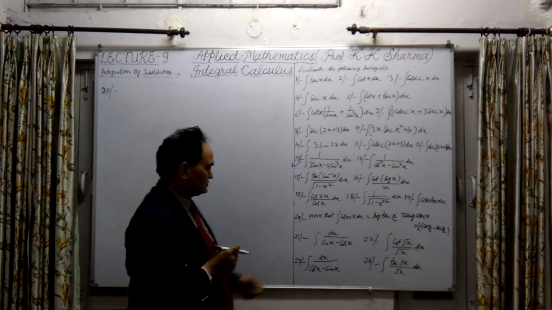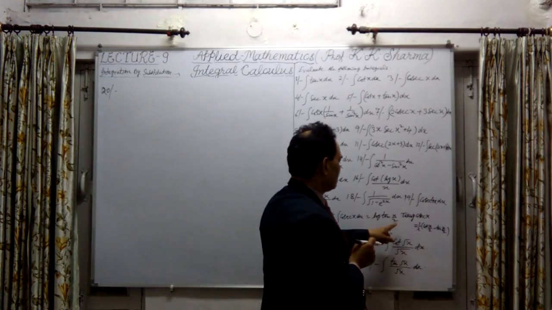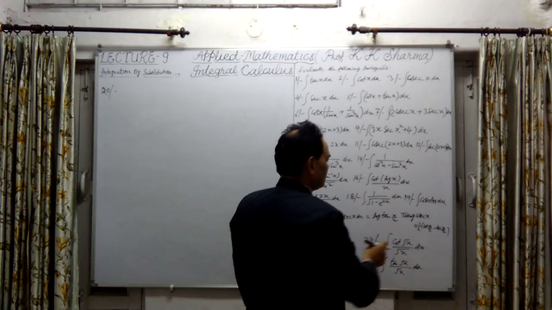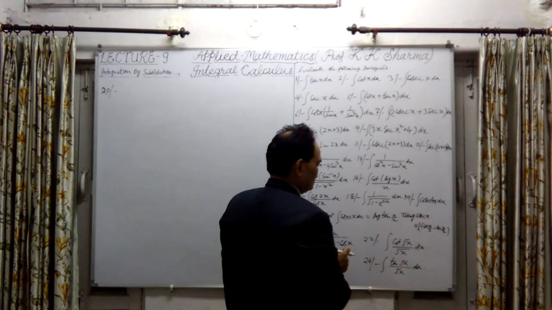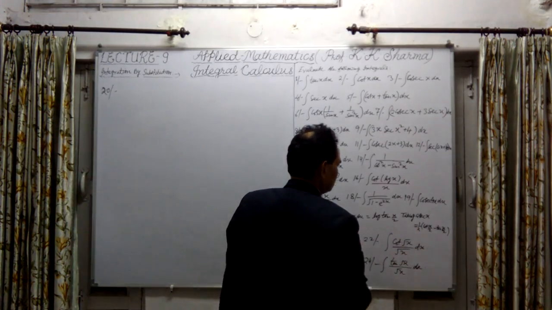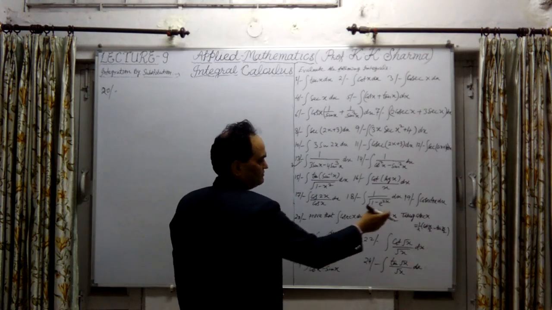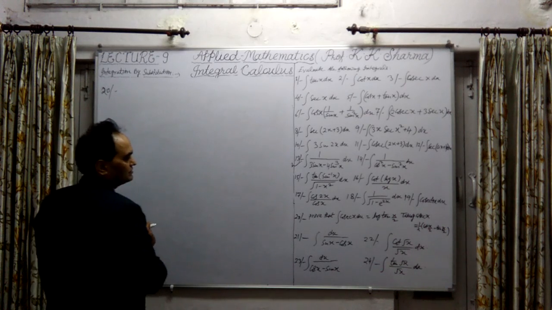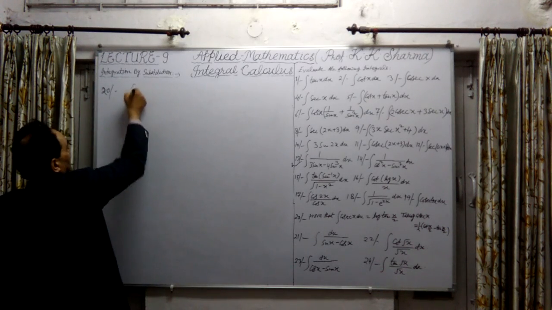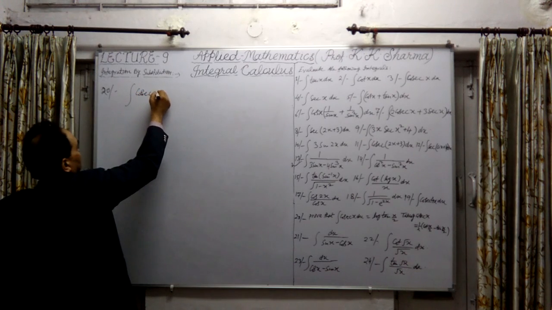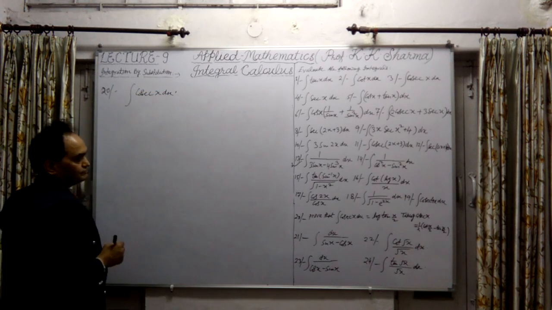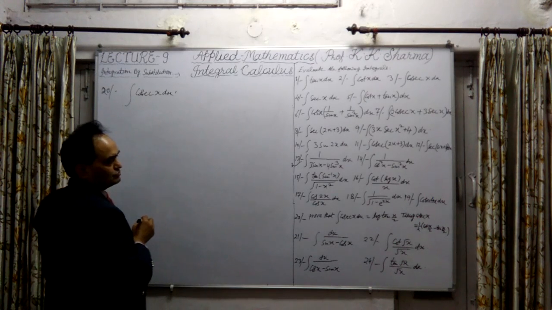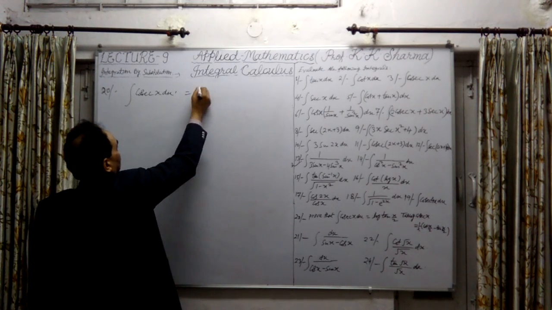Prove that the integral of cosecant x dx equals log of tan x by 2. We have just proved log tan x by 2. Taking cosecant x equal to this value, we have to prove this. If I take this value, let me prove the integration of that will be this one. If I take the integral of cosecant x dx, we have to prove that it equals log tan x by 2, taking cosecant x equal to